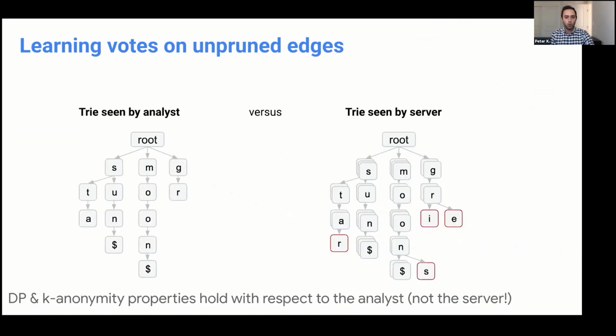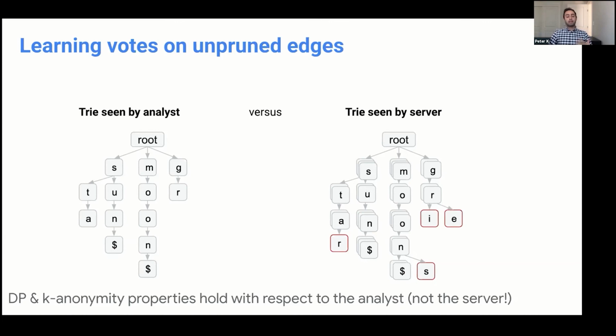Now, there's another issue or weakness for this algorithm, which is that all the privacy properties that I've described, be it differential privacy or even k-anonymity, and all these beautiful properties that we get, apply for the thresholded tree, which is the one that I'm showing on the left-hand side. And this is, by the way, the data structure that we're going to pass on to engineers at Google that are trying to do the analyses over these popular strings or words. And so we're happy about that because we're limiting exposure drastically. Pretty much everybody working on a machine learning team will only see the final outcome, the thresholded final outcome, and we'll get those strong privacy guarantees, k-anonymity and differential privacy.